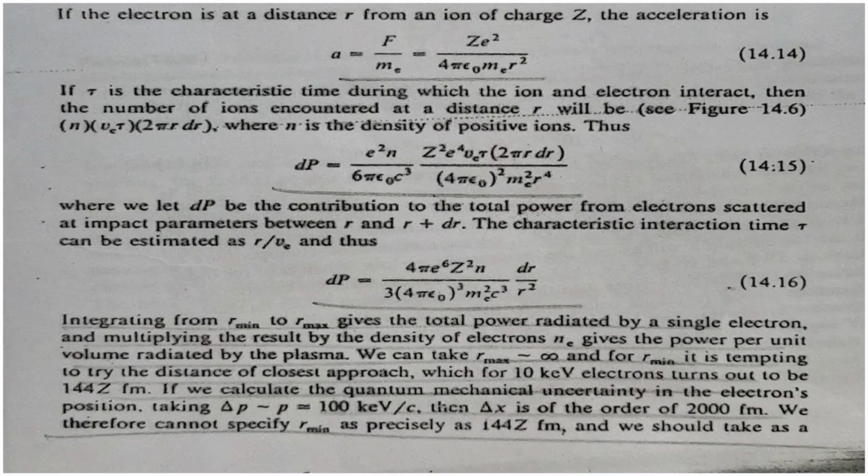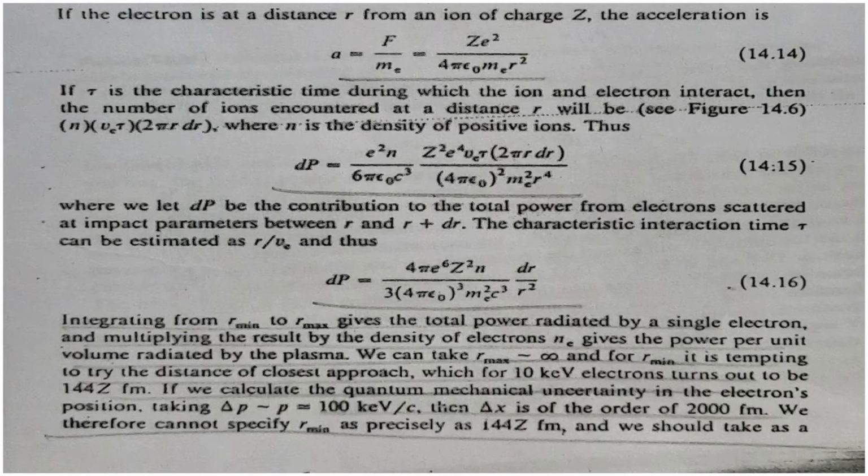We know that the characteristic interaction time tau is equal to r divided by ve, and thus we can write dp is equal to 4 pi e raised to 6 z square n divided by 3 into 4 pi epsilon 0 all cube into me square c cube into dr divided by r square. The total power radiated by a single electron can be obtained by integrating the above equation from R minimum to